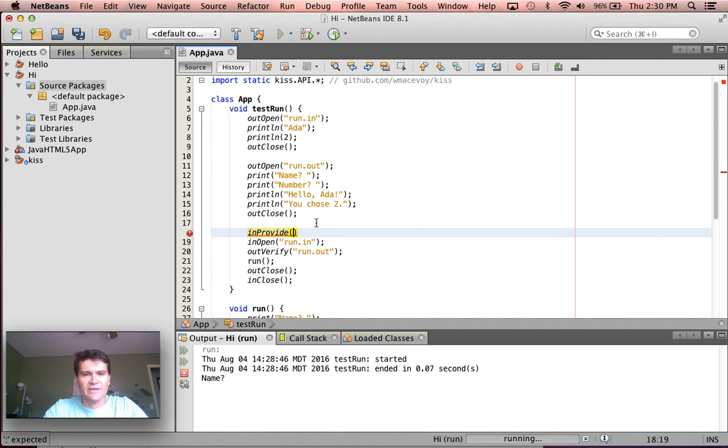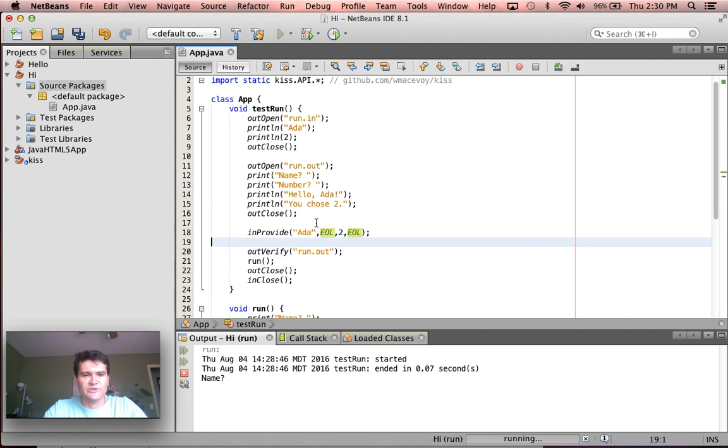So if we provide an Ada followed by, because there's a println up there, an end of line, and then the number 2, and you could put an end of line, actually by default you get one, but I guess just to make it, that's all fine. So provide those things for input there, then that